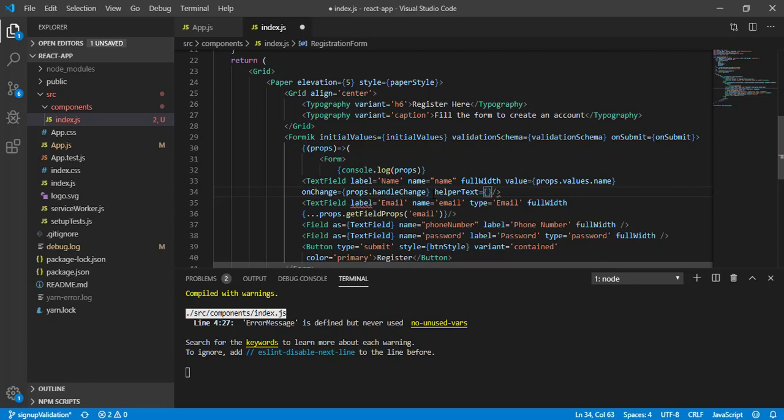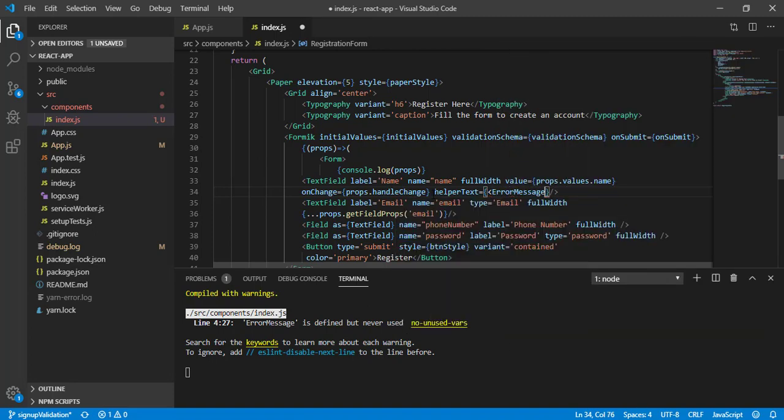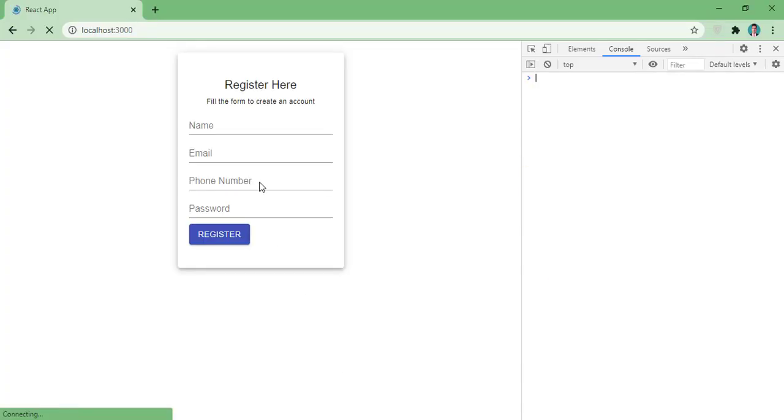So here I will pass ErrorMessage, and I will pass another property, name, and this name is going to be name here. So what I did here, this ErrorMessage which is coming from Formik, I pass as a value to this helperText, and this is going to take a property name. It has to match with this name. Now I closed it, saved it, and let's come to the UI.